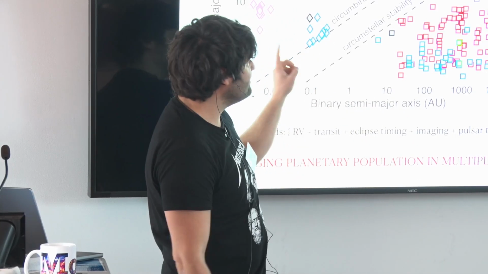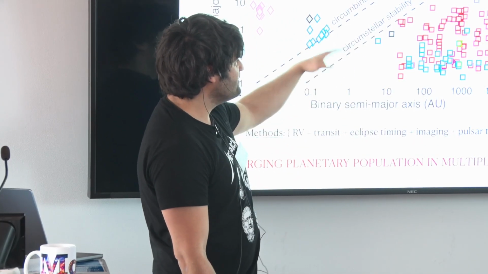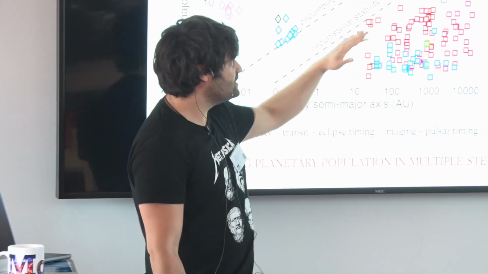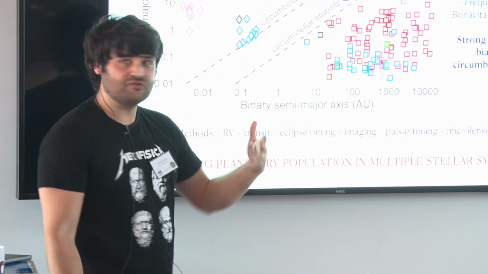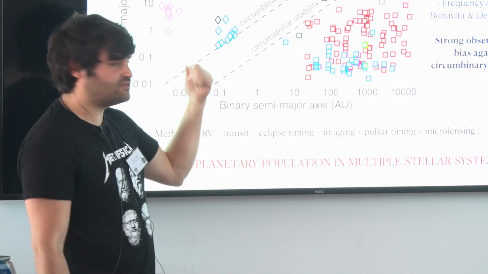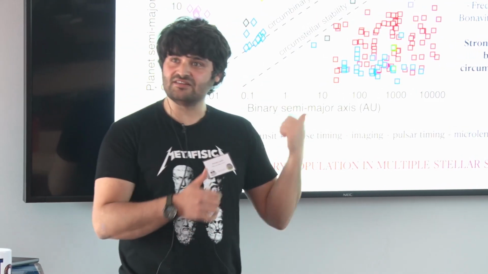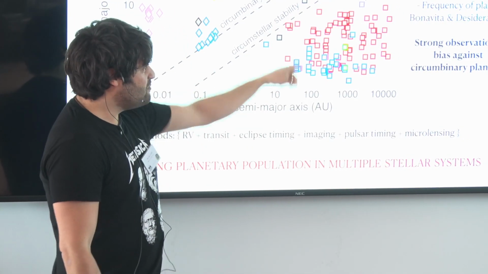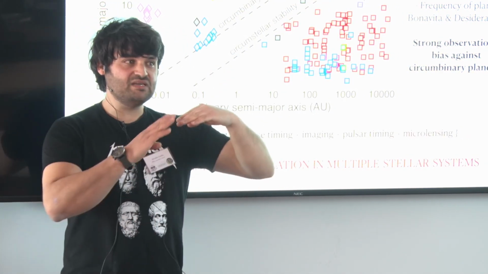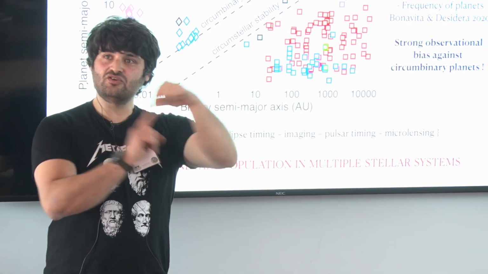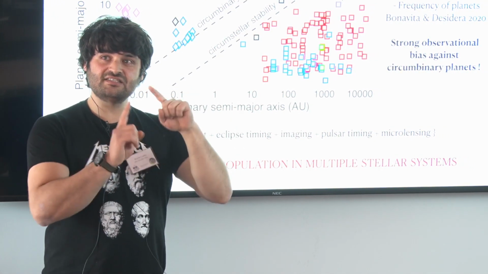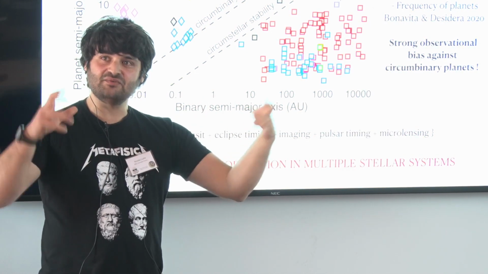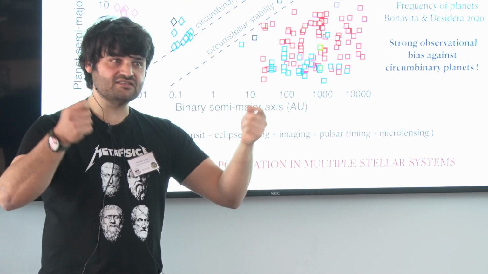And the interesting thing here is that you can put some limits on the stability of those planets, and you happen to see those which are stable, of course, for obvious reasons. But I think this plot here will be much more populated in the next years. And something I did not mention is that many of these systems seem to be misaligned with respect to the orbital plane of the binary. And this is something really interesting because that's hard to explain if you only have single stars, but when you have several stars, misalignment is completely natural.